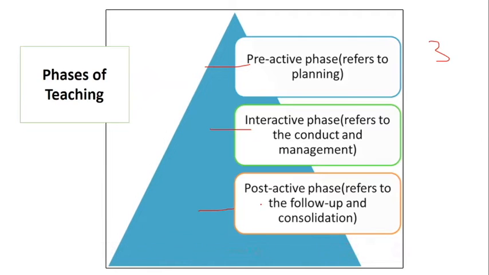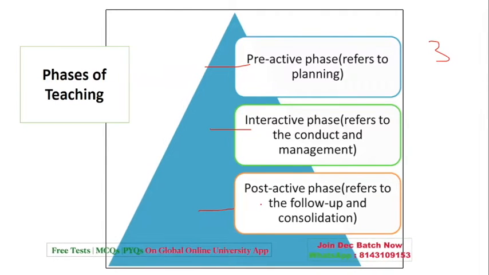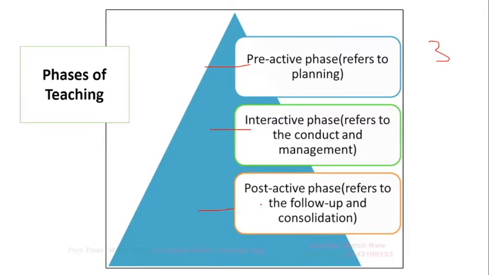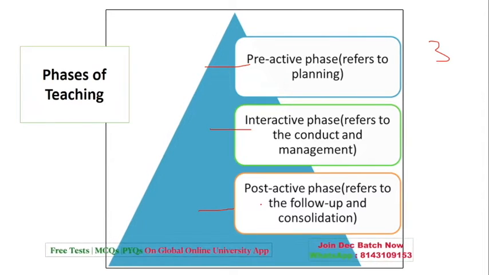Interactive phase is the continuous process, the ongoing process, which refers to the conduct and management. And post-active refers to the follow up. In one of the years, there was a question on these phases. So you should know that teaching has three phases: pre-active, interactive, and post-active. Pre-active is concerned with planning. Interactive refers to your conduct and management, and post-active